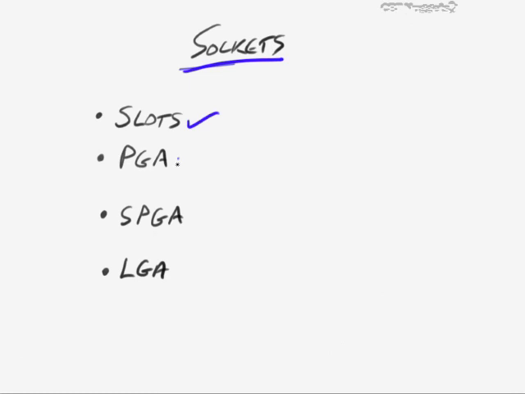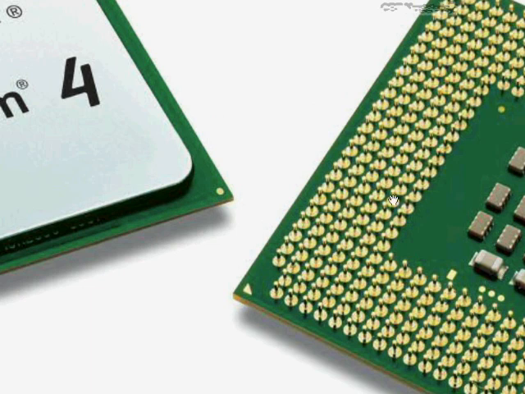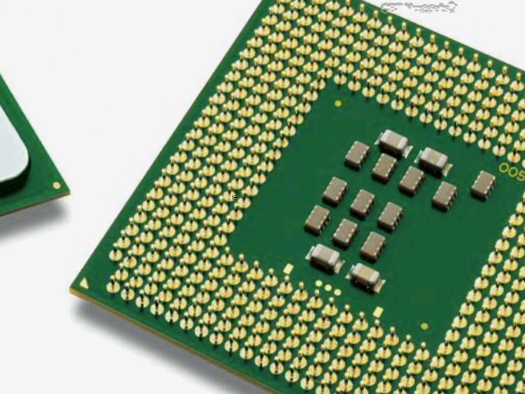Then another kind of design you might see would be a pin grid array, and this corresponds, of course, with what's on the processor. So if I take a look at a processor like this older Pentium 4, if we push in a little bit, you can kind of see here that this is a bunch of rows of pins. Notice that they were also lined up straight across from one another. They're not staggered at all. They're in perfectly lined up shapes. And the reason why that's important is because that will contrast later on with something called a staggered pin grid array. But another thing to notice about this one as well is it uses a flip chip design,